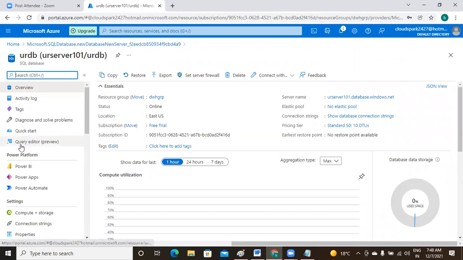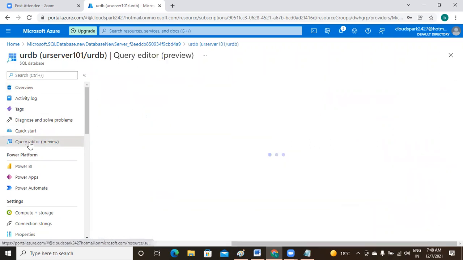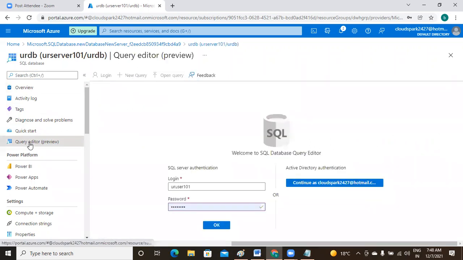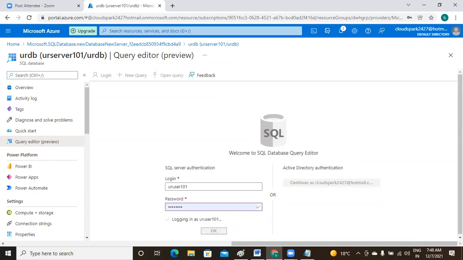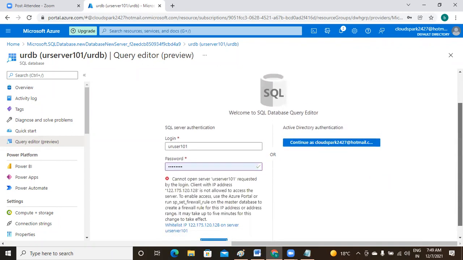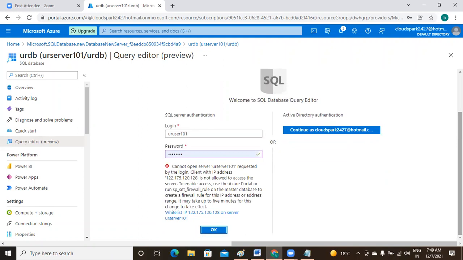See here, the left side blade, the sixth option, query editor. When you try to log in by giving your user ID and password, some firewall connection issue will appear. Okay, the problem is with some IP.